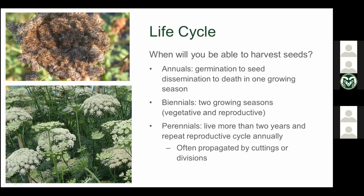So you're having 2 years rather than 1 year to even get to your seed stage. And B, you're probably going to have to put in some extra work to even get the plant to survive to that reproductive stage in the second year. And then perennials live any more than 2 years, and they will repeat that reproductive cycle annually for the most